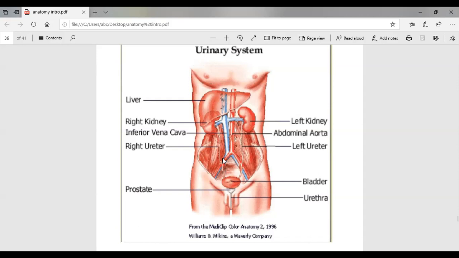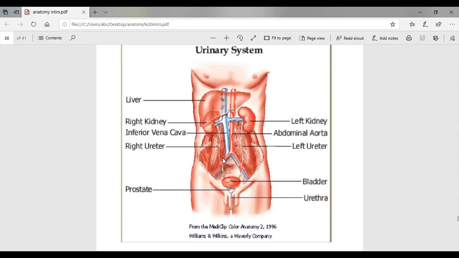These waste materials are taken by the kidney, and they are given by a small pipe to the bladder. Can you see two small white colored pipes going down and joining in an organ called the bladder, right? So what do the kidneys do? The kidneys mix waste products collected from the blood in water. That is, they filter the blood, and then they form the urine, and the urine is the waste fluid which goes to the bladder. Then the bladder sends out the urine.